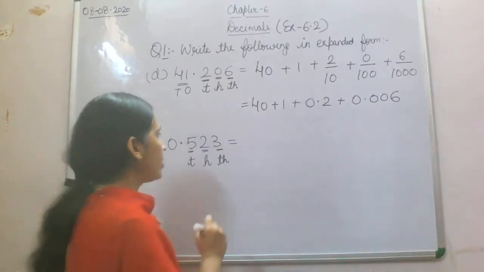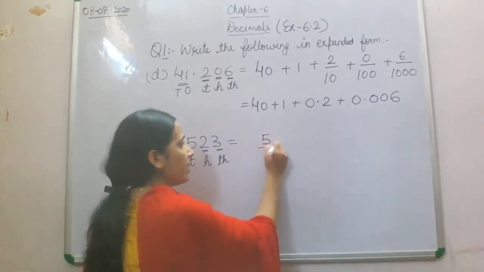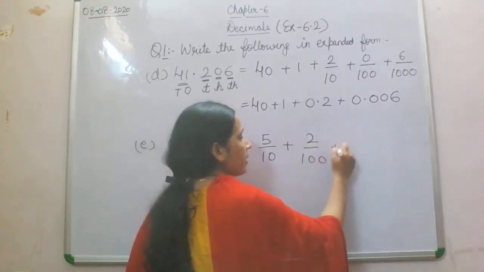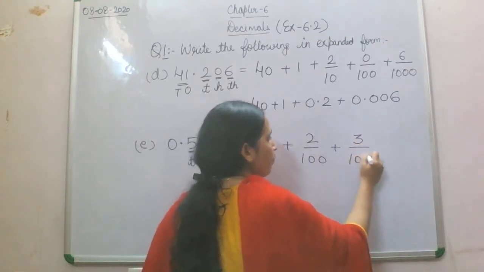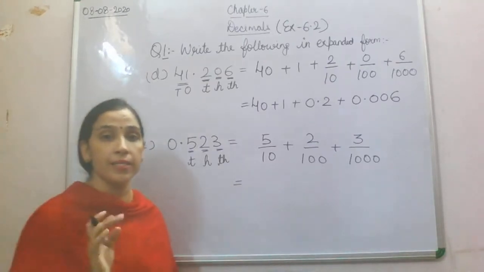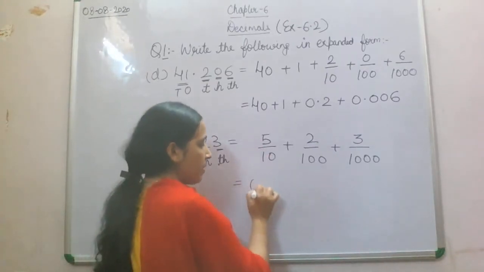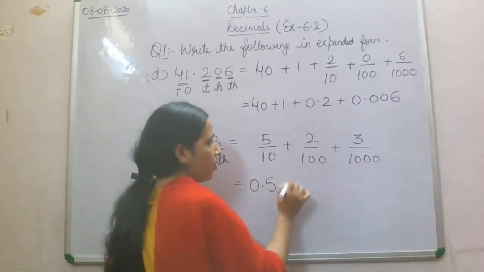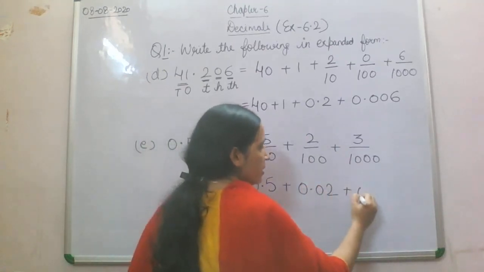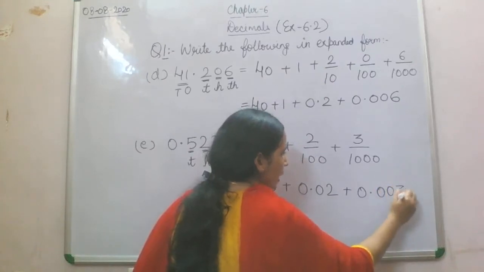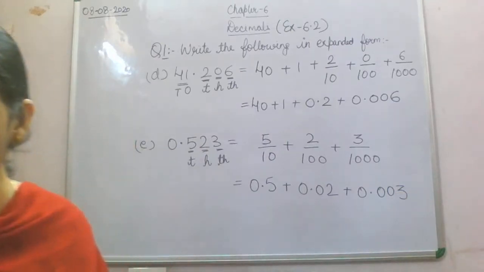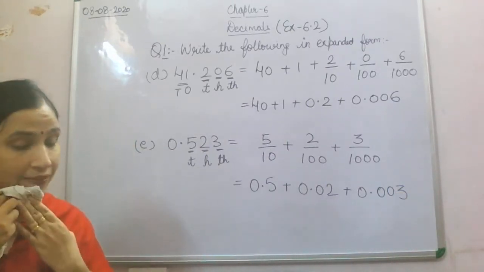So what we are going to do, this whole number we are not going to write. We will start with tenths place, then hundredths place, then thousandths place. So now what next we are going to do? We are going to write it in decimal form. Now here you can see only 1 decimal place is required, 0.5. Now here 2 decimal places, so it will become 0.02. Then here 0.003. So that will become your decimal places. Fine. So I hope this expanded notation will be clear to everyone.